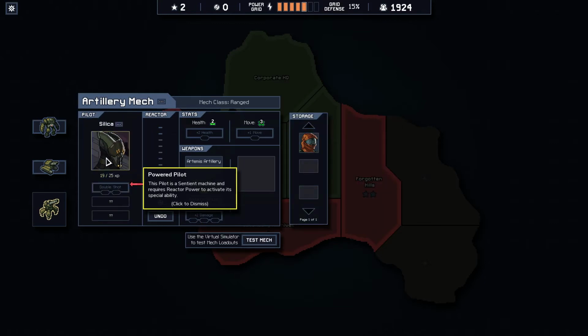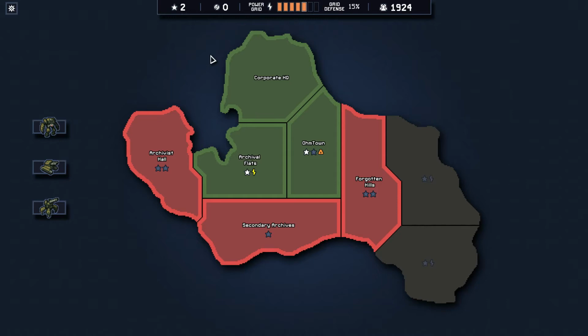So... Oh. Silica also comes with a bunch of experience, so yeah, I want to level Silica up even before I can actually pay for the things. Okay. Yeah, that's almost 45 minutes into it. So, I